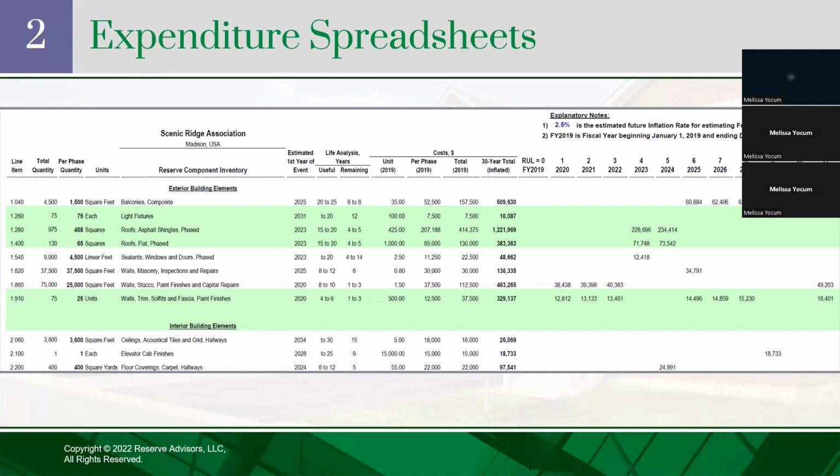The expenditure sheet should have inflation. So everything is priced out in today's dollars, but we do want to make sure that we are including inflation in there. So if it's a project that we're not anticipating to be done for another 10 years, we're going to price it out in today's dollars, but that inflation is going to compound. So when you see the project actually spelled out in 2034, it's going to be reflective of that inflation rate.